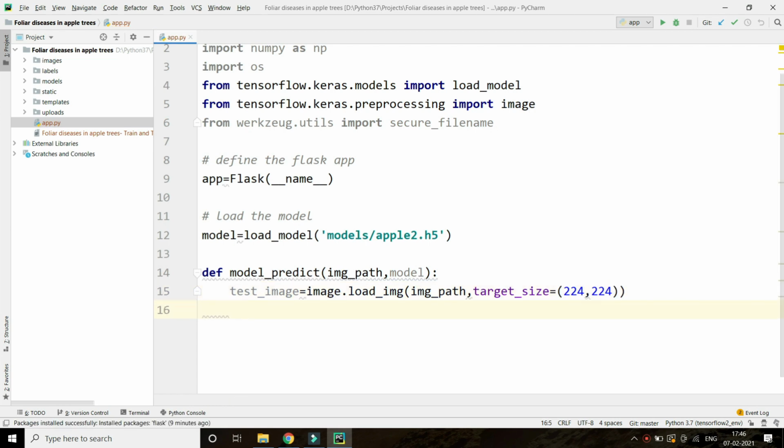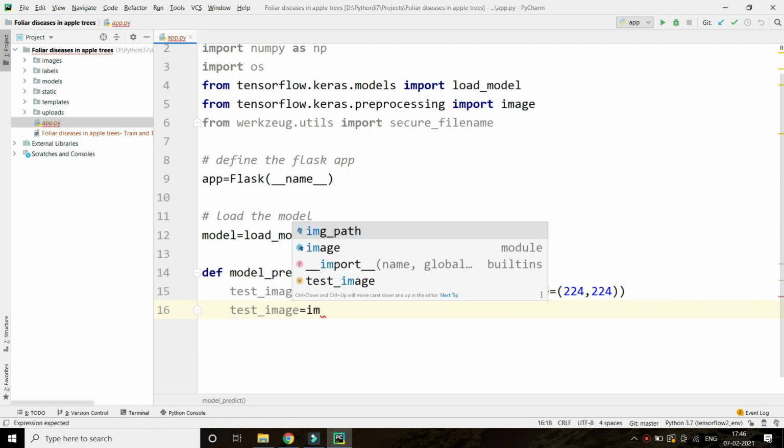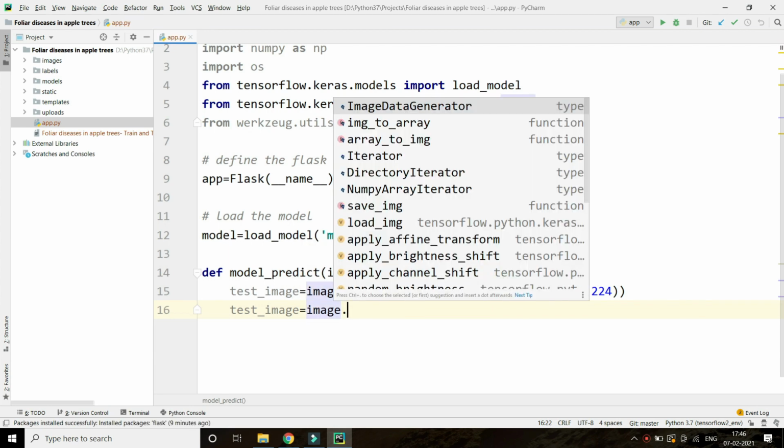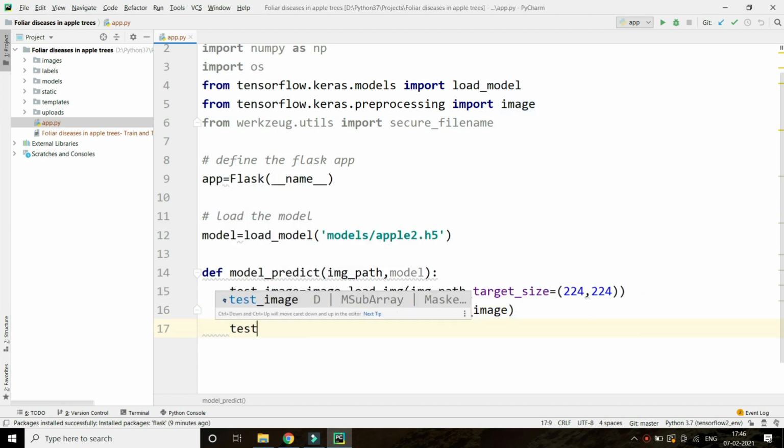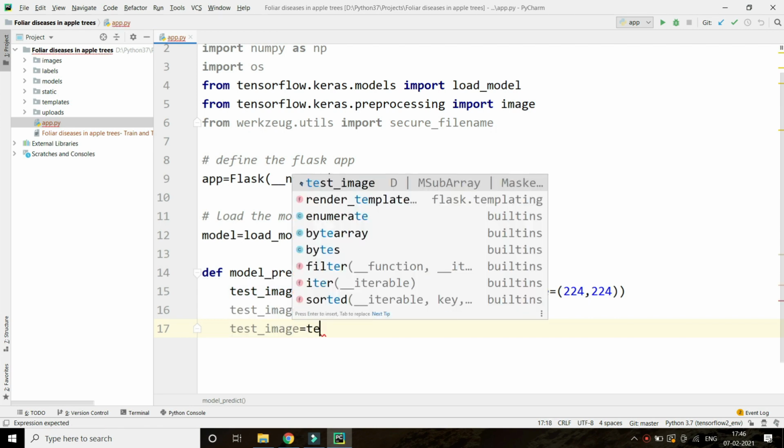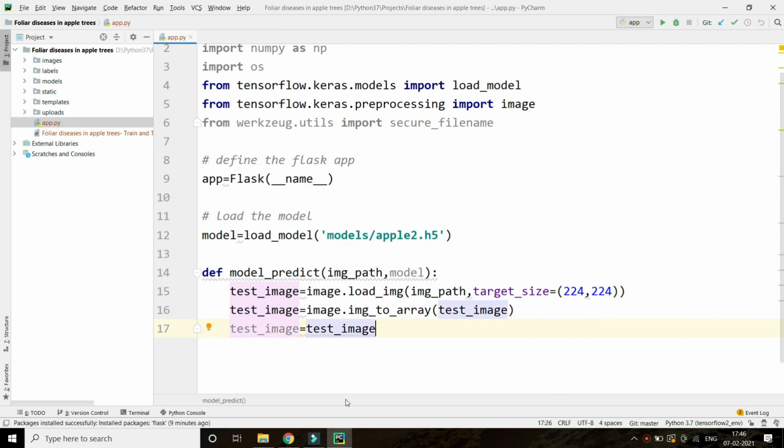Now test_image = image.img_to_array, let's convert into an array. Whatever we did at the last of the first part, we are doing the same. You can even copy paste that from the ipynb file.